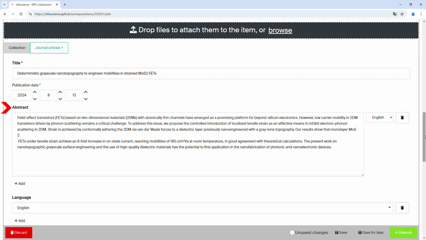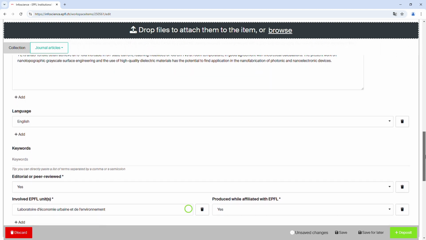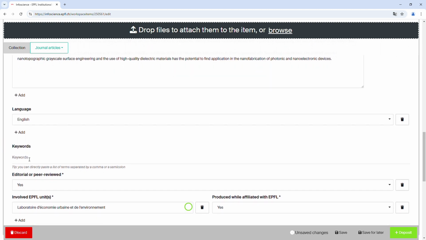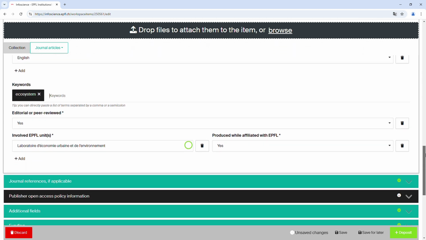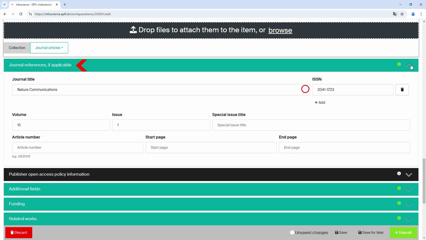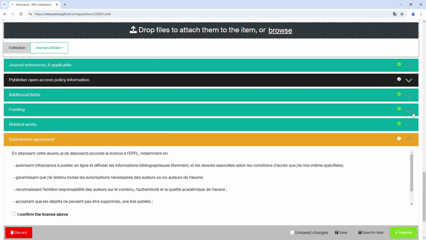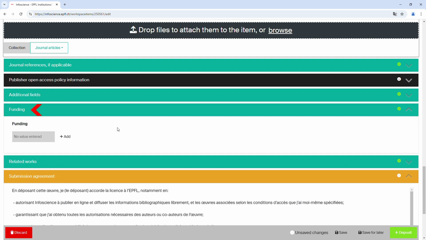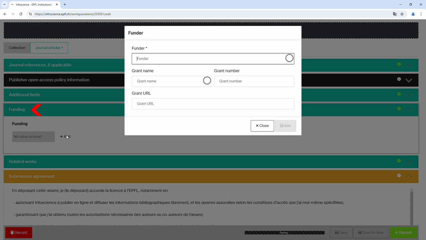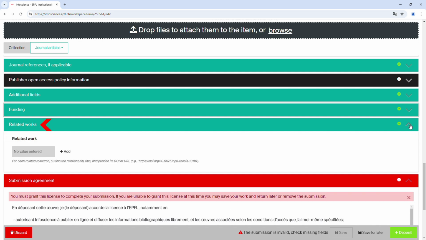For example, we recommend to include the abstract, keywords, the journal references where the article is published, any additional fields or extra URLs, potential funding sources, related works.